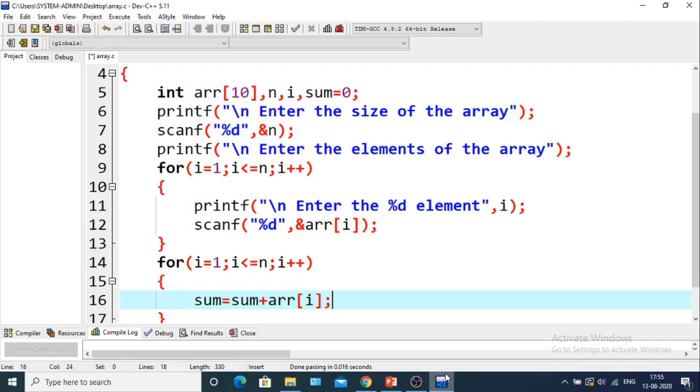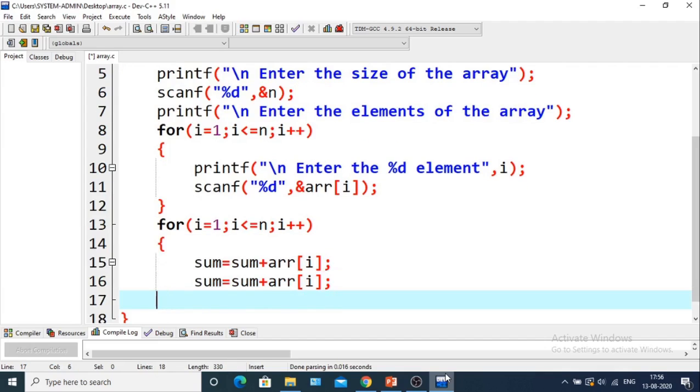Next when the value of i is 2, sum equals sum plus arr2, that means arr1 plus arr2. Next when the value of i is 3, it will be arr1 plus arr2 plus arr3. This is how the value of sum will be calculated for all the elements.